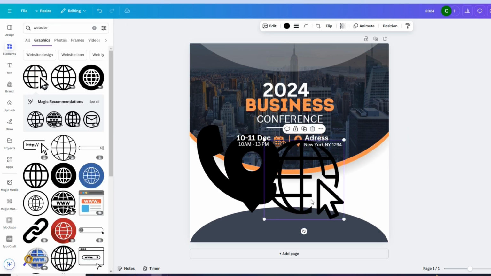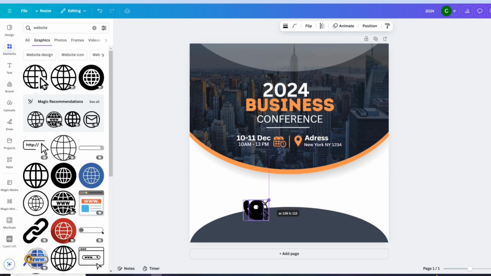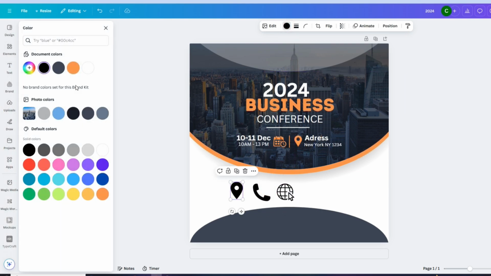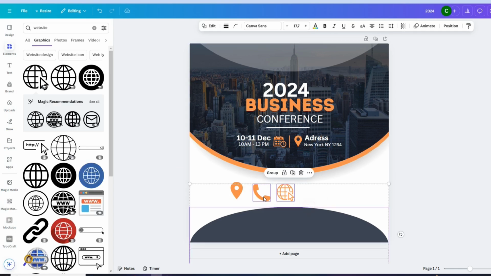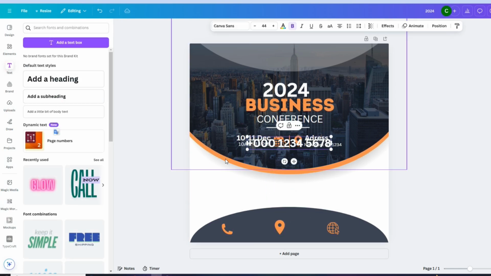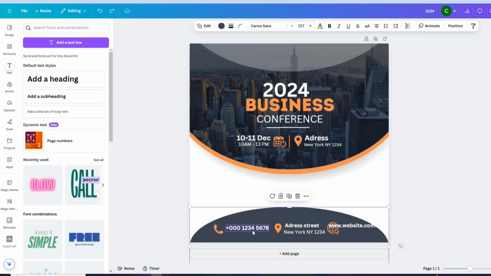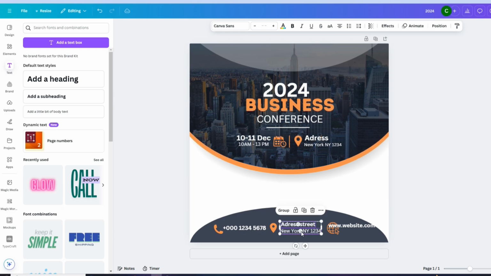This one. So I'll select all of them and make them small. I change the color for each one to orange. Okay. I will duplicate this one also. Address street. Okay, let's lock this one to change whatever you want without any problem. Okay,